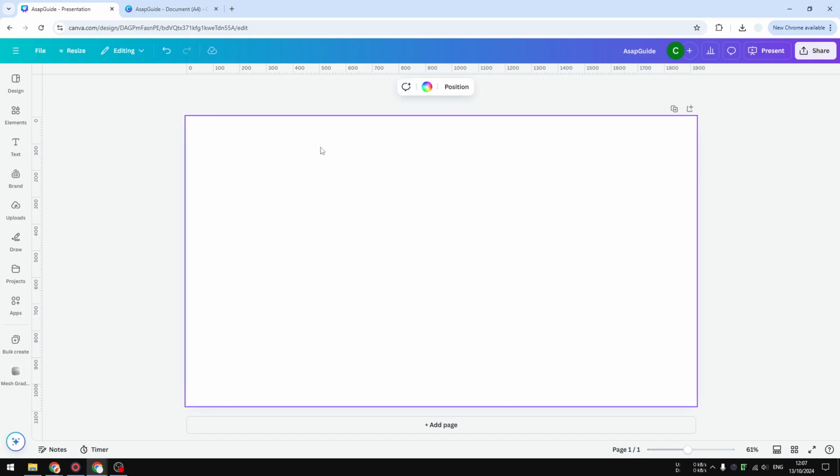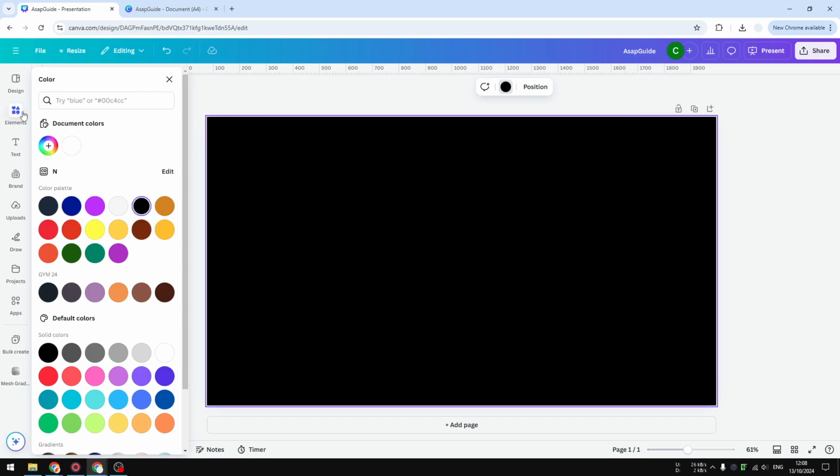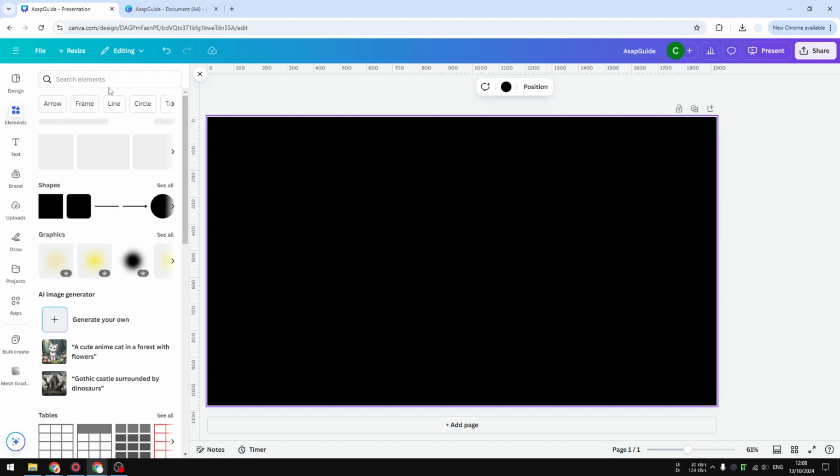First, I do recommend using a dark background for the canvas. You could use a dark picture or solid color or gradient color. As long as it is dark, you're good to go. I'm going to just use a simple black background, and after that let's go to elements, and I'm going to